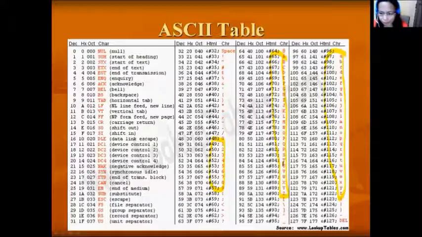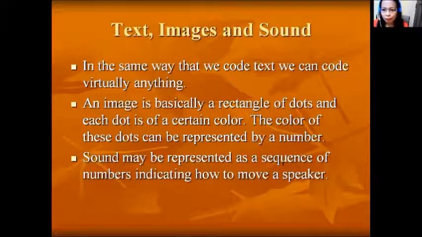So next, text, images, and sound. In the same way that we code text, we can code virtually anything. An image is basically a rectangle of dots, and each dot is of a certain color. The color of these dots can be represented by a number. So I think maybe the best example here is that, as you can see in the first sentence, we code text, we can code virtually anything. If you have done your program since first year, and then you're using a text-based programming platform